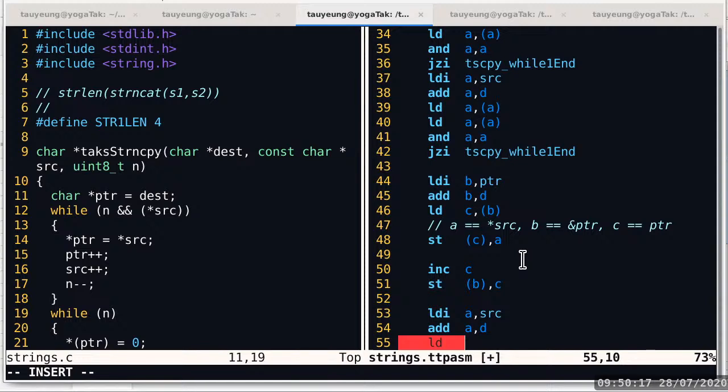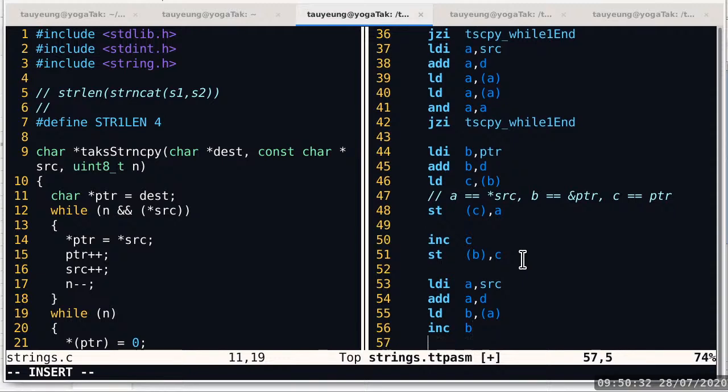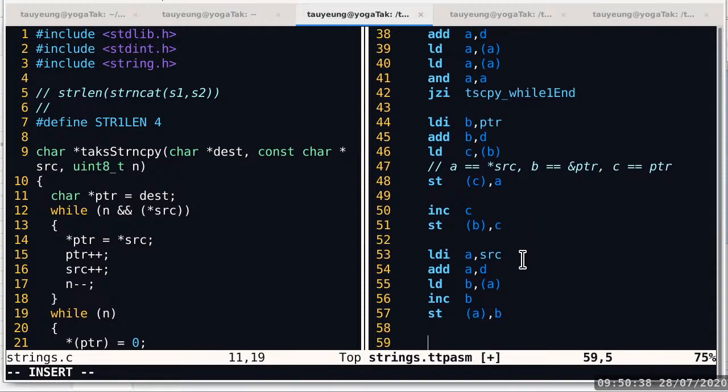But I don't want to destroy A this time. I can destroy B because PTR is not useful anymore. So now register B has the value of source, register A has the address of source. So when I increment, I'm incrementing the value, then I store it back to where I got it. Okay, so lines 53 to 57 implement line 16 of the C code, which is just incrementing the